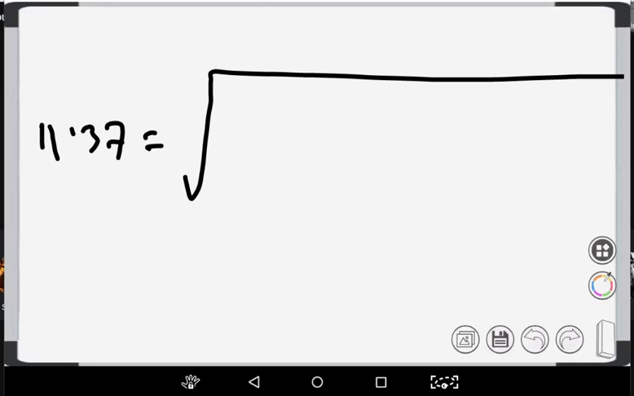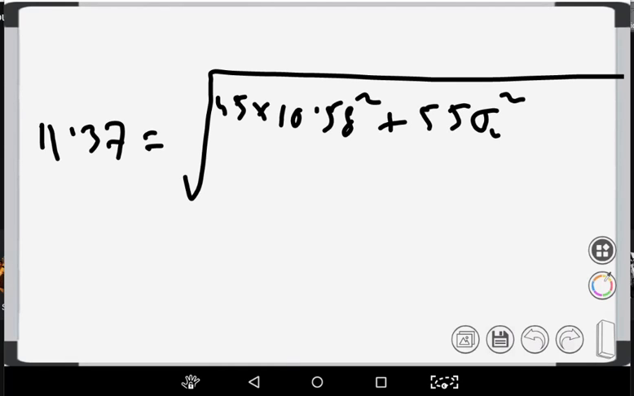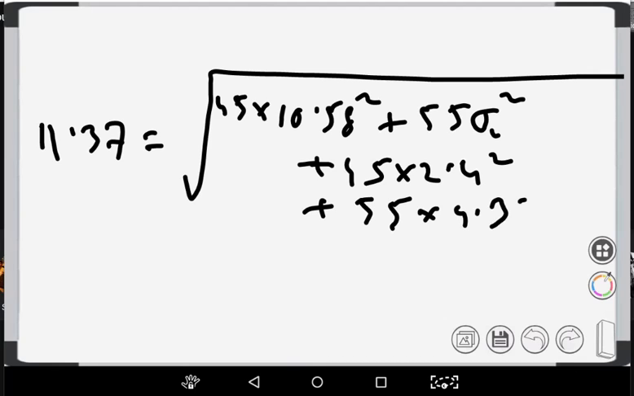So sorry. So what will be the expression? Expression will be 11.37 is equal to square root of 45 into 10.58 square, plus 55 sigma 2 square, plus 45 into 2.4 square, plus 55 into 4.36 square,